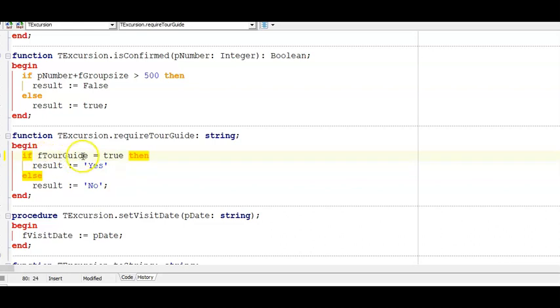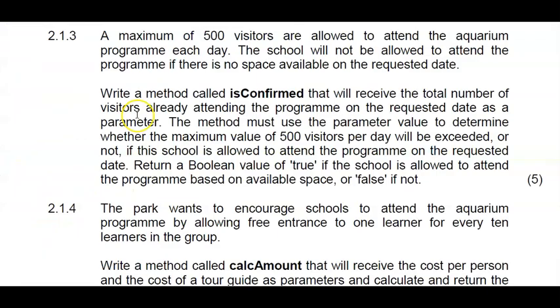I can either test the tour guide field, which was Boolean, by saying if tourGuide is equal to true, or I can even leave that out and it will do the same thing, as if statements test for Boolean values by default for true. So if they needed a tour guide, my result is going to be yes, else my result is going to return a no. We now need to write a method called isConfirmed, and it's receiving a value,